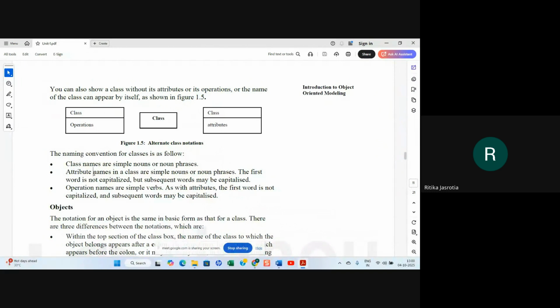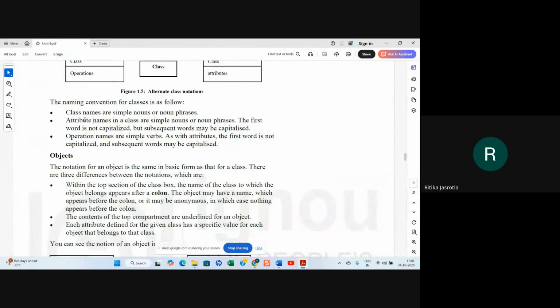Attributes you can give. If Student is a class, then student ID, that means roll number, is one of the attributes. Student name is an attribute. Address, subject, whatever, these are the attributes of the class. Then operation names are simple verbs.